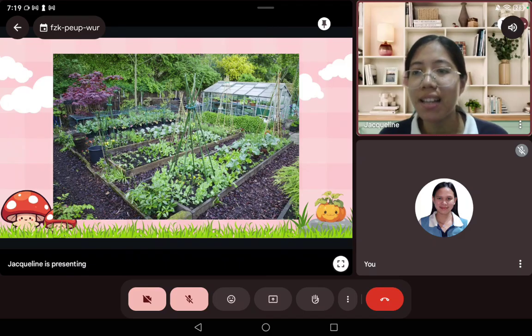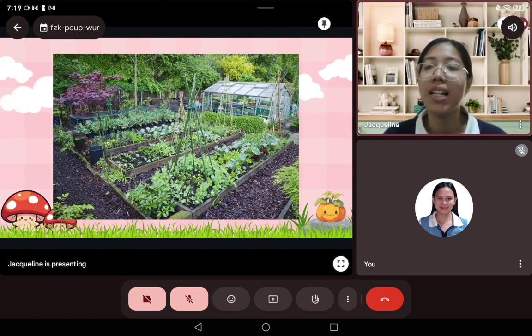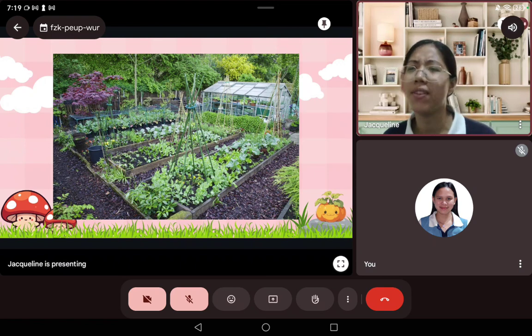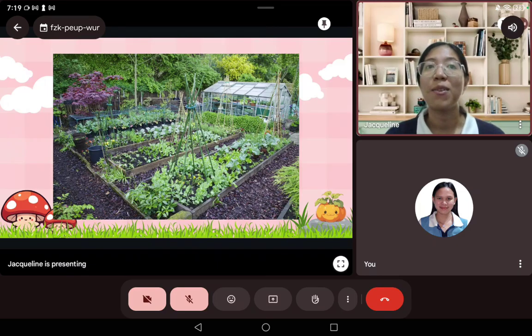So do you like to eat vegetables, class? No? Alright, so some of you would like to eat vegetables and some of you don't really like to eat vegetables. So what vegetables do you like? Squash? Alright. Another. Carrots. Very good. That is so good of you, class, that some of you still love to eat vegetables.